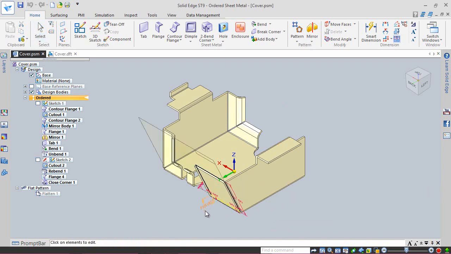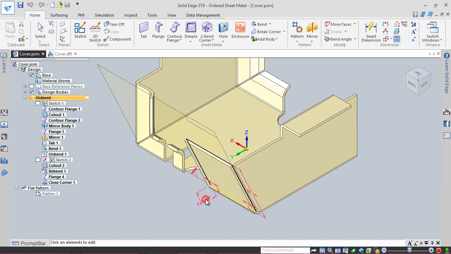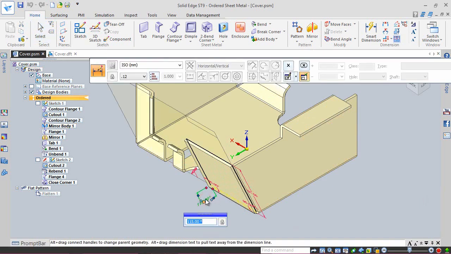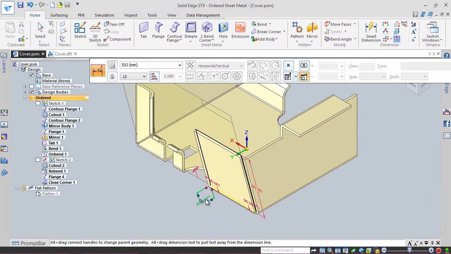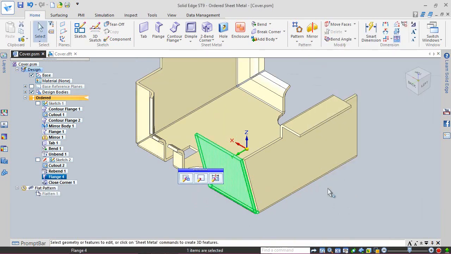Change the angle to 105 degrees. And the flange length to 85 mm. Now save and close the part.